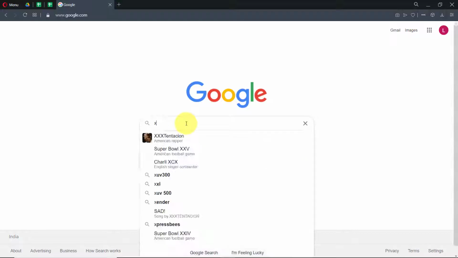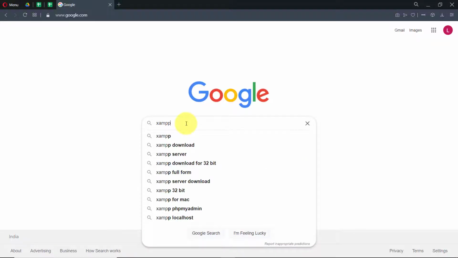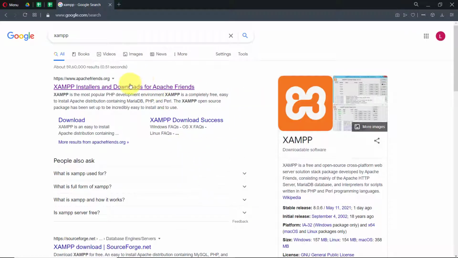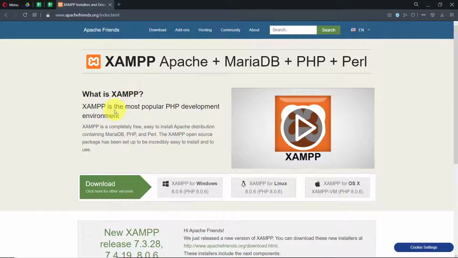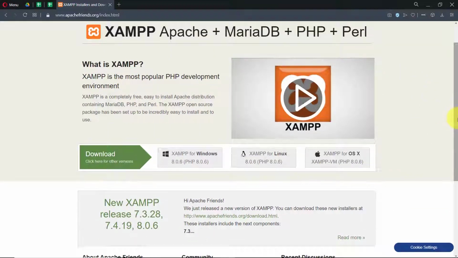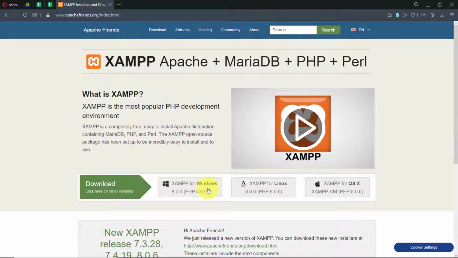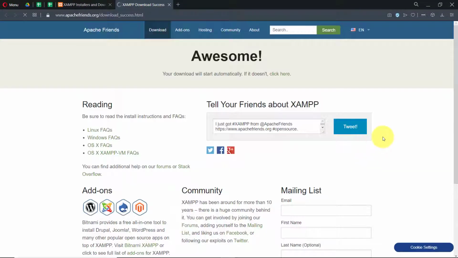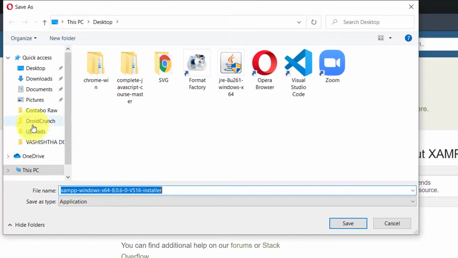First option, you might know about XAMPP. That's very easy to use and most people use XAMPP. It provides you Apache, MariaDB, PHP and Perl, and you can download it right away. If you have Windows, then click on this button. If you have Linux, then this one, and if you have Apple OS, then you can download from this one. I'm using Windows for now, so I will download this for my Windows and I will download it anywhere.